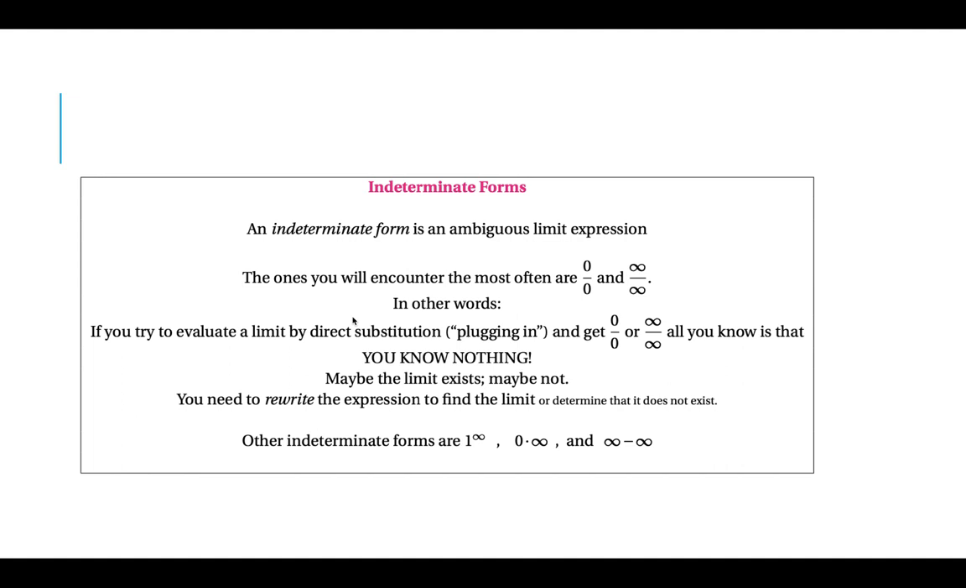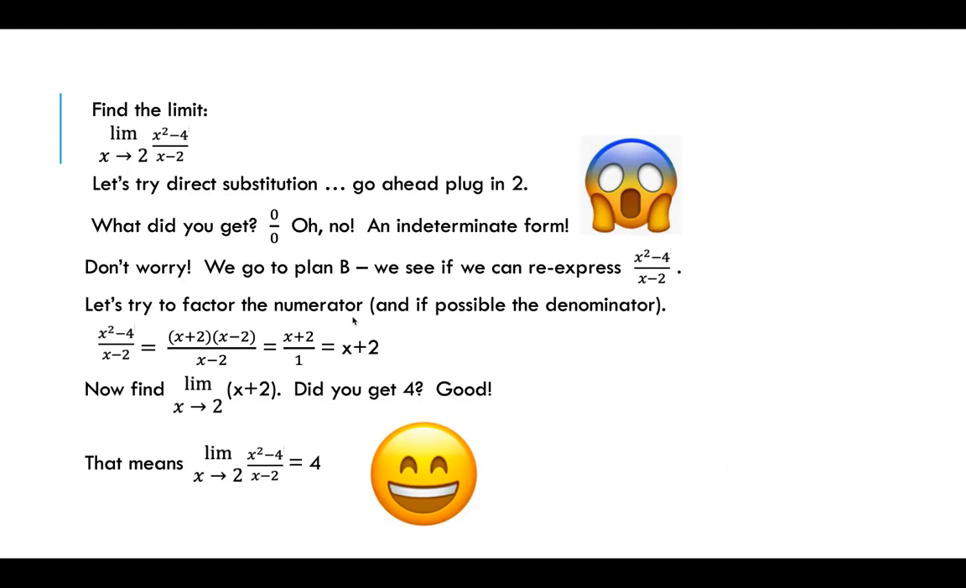Maybe the limit exists, maybe not. You need to rewrite the expression to find the limit or to determine that it does not exist. Other indeterminate forms are 1 to the infinite power, 0 times infinity, and infinity minus infinity. Okay, so what we're going to do is look at a few examples, and talk about some of the ways that you can re-express